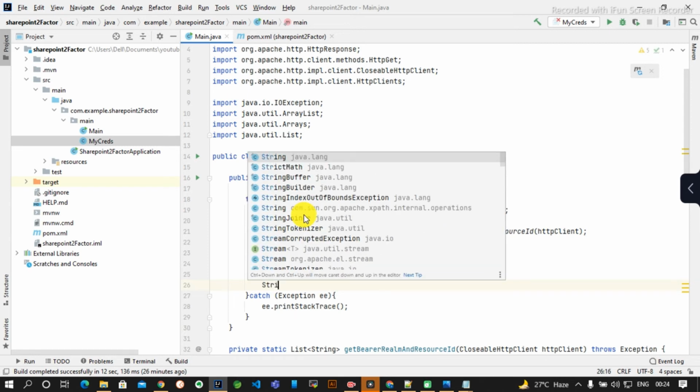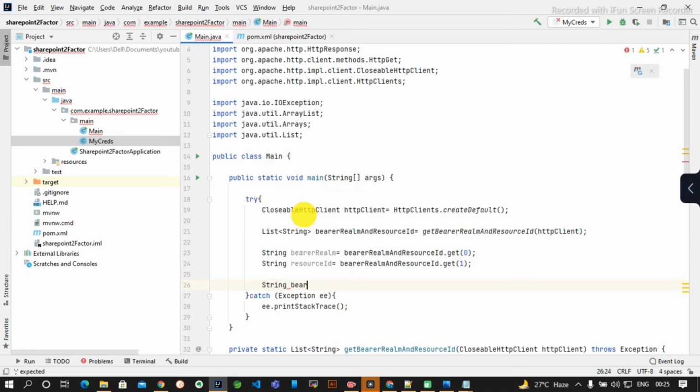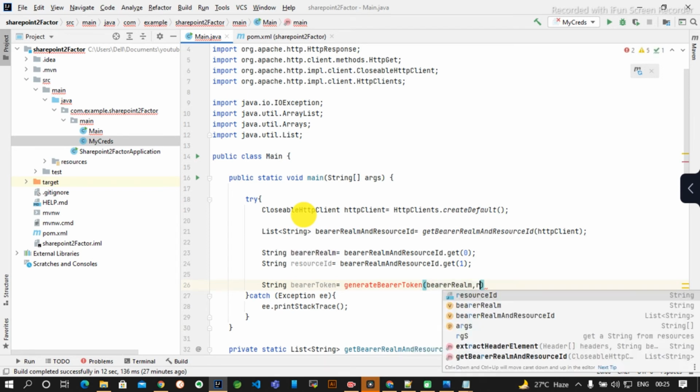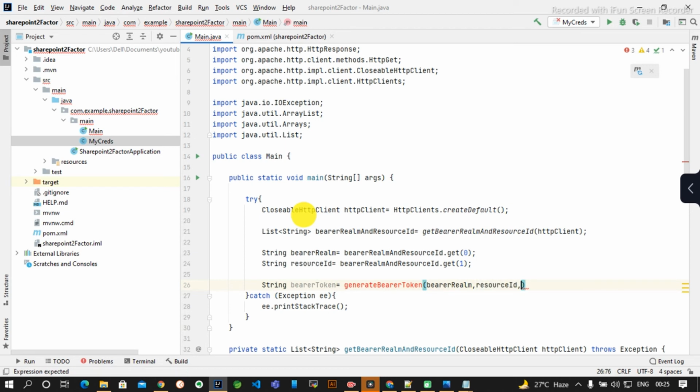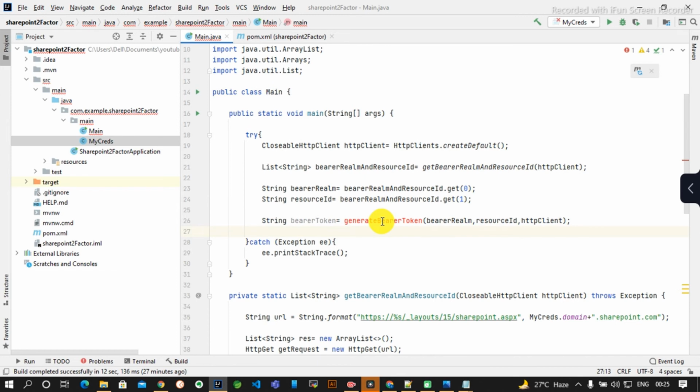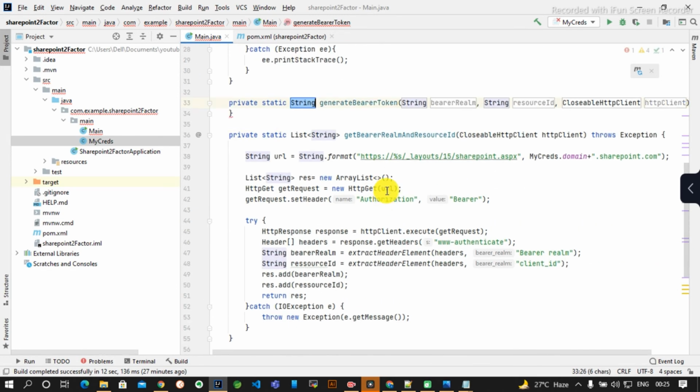Then finally we want the bearer token. So three things we need to send. One is bearer realm, one is resource id, another one is the HTTP client to make the HTTP request. So let IntelliJ create the method for us. Okay, since it has been created,